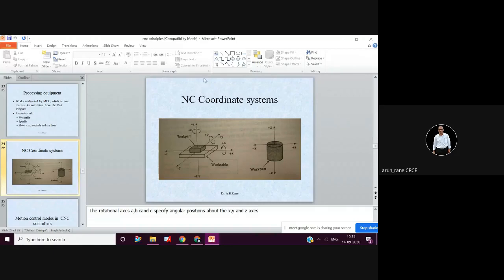Another thing is that in CNC lathe it is always a diametrical program. Means in the program you are giving diameters, you are not giving radius. For example, suppose from origin to this point is say 50, that is radius. So in case of CNC lathe, we'll be giving 100. We will never give radius because in the drawings always the diameters are mentioned. Radii are not mentioned.